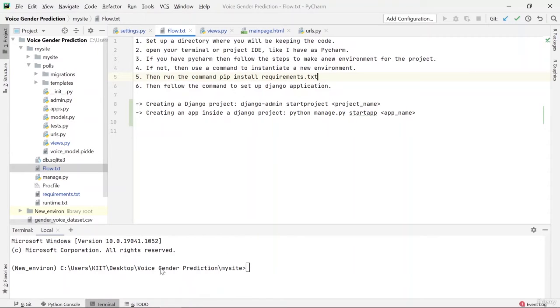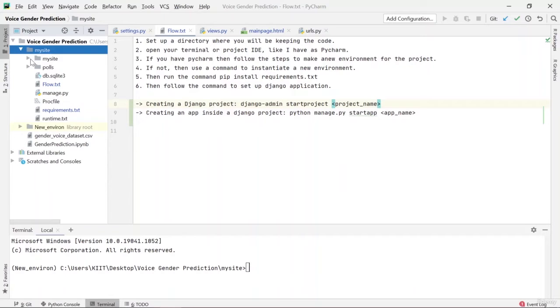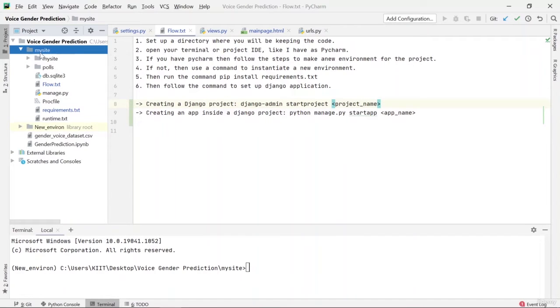So if you have already just specified a directory, not a Django project, then first you have to build a Django project. For that, what you can do is just run the command django-admin startproject and then the name of the project. Since for my project I have named it my site, you can see my site project was instantiated. Now you can see that once you run this code, okay, you will see a my site being present, and inside that you would see another my site where settings and wsgi files are present. Then what you do is go inside your my site directory.